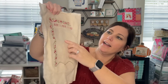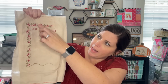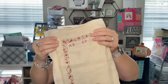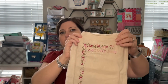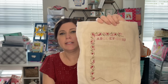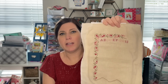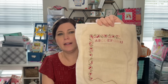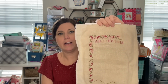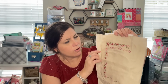So I had only done like this little section up here. So I was able to get the rest of the alphabet, some more up at the top, and then get in more down the side. And the inspiration for the colors was from Liz, from Elizabeth Ann Can Stitch. She stitched this, and it's funny because her fabric I think is darker than mine. She used the called for, which is Confederate Gray. But when she took her picture and she posted it, it was more of the lighter, and then the red was a little bit darker